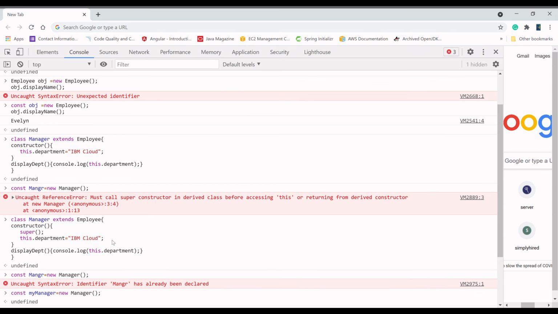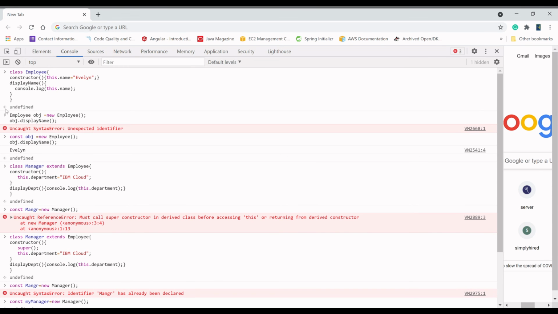So let me summarize once more what I have done. I have created a constructor Employee, and in the constructor I have taken name as Evelyn. I have initialized it, and then one method is there. That method gives you a console message this.name, right? Once this is ready, okay, this was wrong.